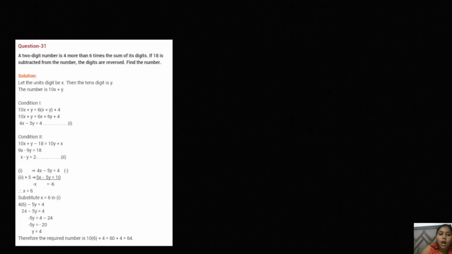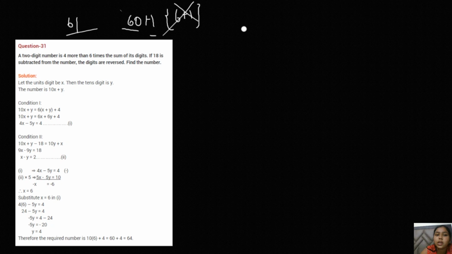Okay, so basically a two-digit number, let's suppose 60. In case of the 60, no, let's just not suppose 60, let's just suppose some other number like 61. So in that particular number 61, there is 60 plus 1. It is not 6 plus 1 that is the scenario. 60 plus 1, it means the number which comes on the 10th digit is 10 into the number, right?